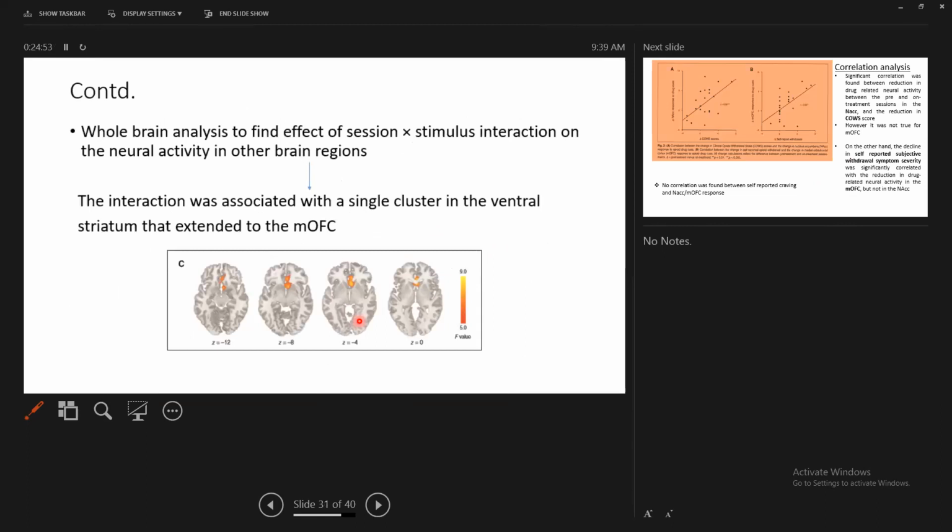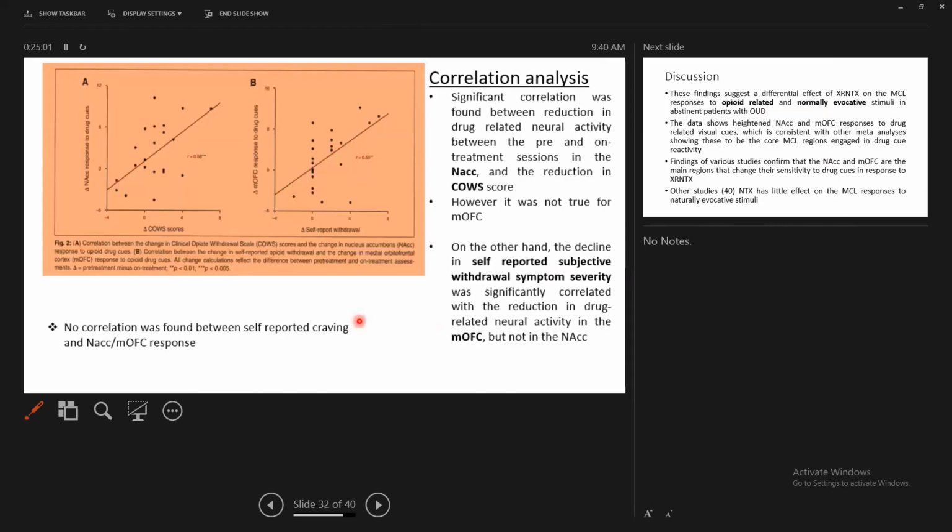Again, the whole brain analysis was done to find out any other areas. They have mentioned those in the supplementary table or pages. Don't need to go into that now. And the last thing, what I told you they have done, is that they have correlated the fMRI contrast values, the reduction in the fMRI contrast values from the pre-treatment to on-treatment, with the objective scores that they have taken. Now they have found that in the NACC, a significant correlation was found between reduction in drug-related neural activity between pre and on-treatment sessions in the NACC and the reduction in COWS score. So the pre and on-treatment neural activity that decreased,